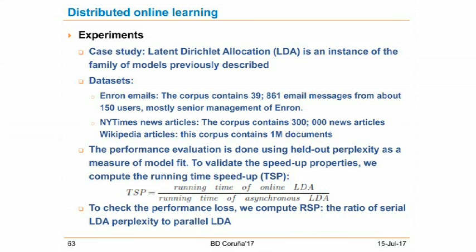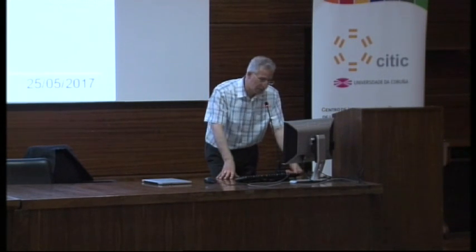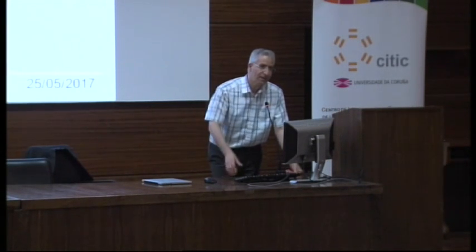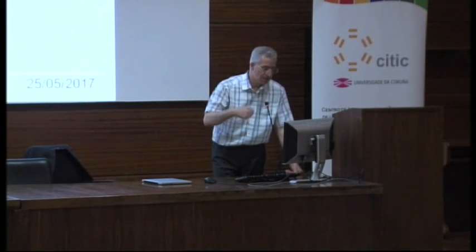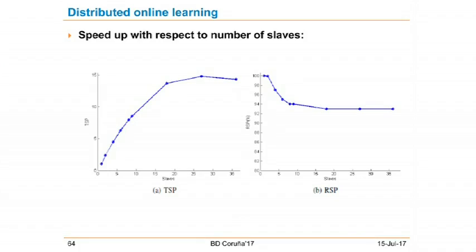Here we tried to be flexible in updating the model by allowing asynchronous communication with the master. So the master will not wait for all. Whenever it has a partial gradient from some of the slaves, it updates the model and redistributes the variational parameters. And as you see here, TSP, if you compare with online LDA, just the first graph,